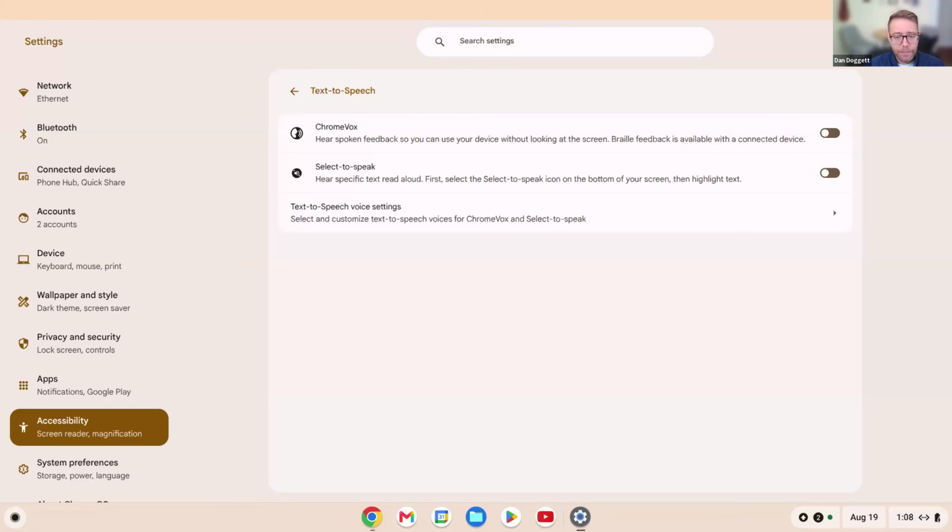And it will read the contents of the screen to them as they navigate through. So they will tab through the items with the tab key, or use the space bar or down key, and it will read the contents to them as they go through. And so I'm going to turn that on for you right now, and you can get an understanding of what